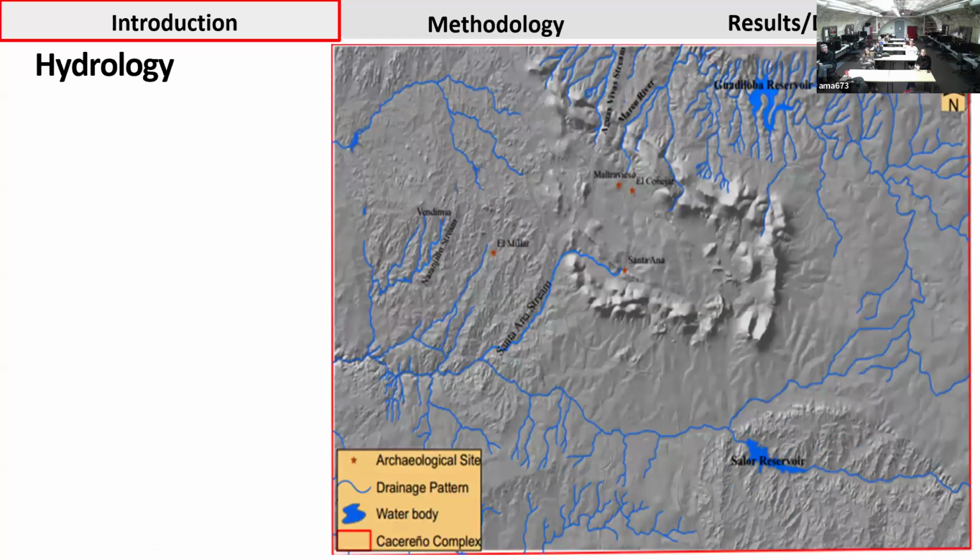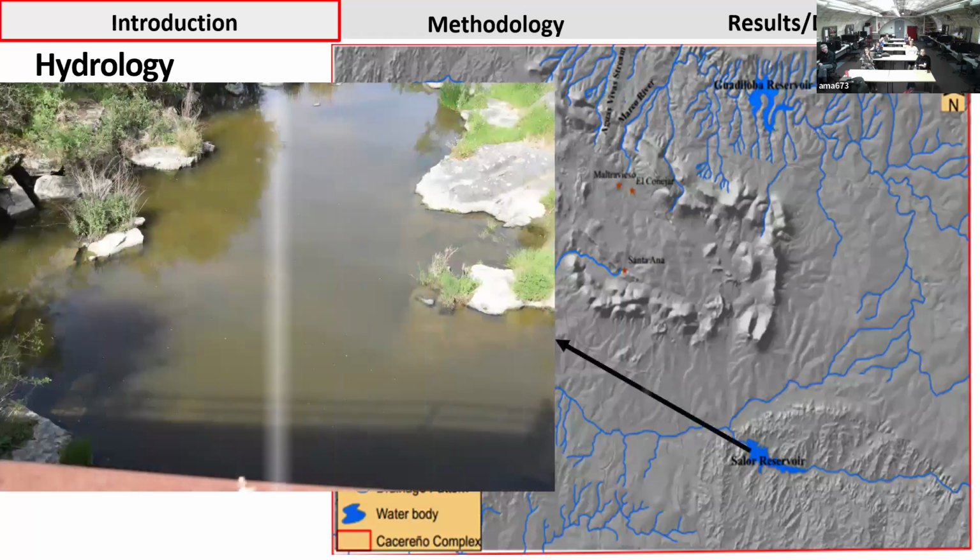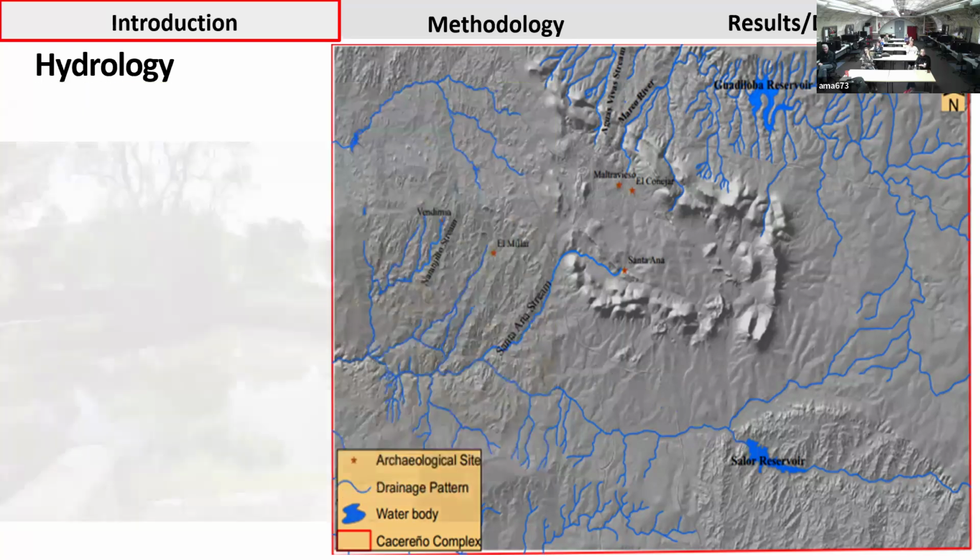Generally, the Iberian Peninsula is drained by three major river basins. You have the Douro, the Tagus, and the Ebro. But this particular area, the Spanish Extremadura, is drained by the Tagus river basin, and you have several rivers. One of them that we're talking about is Salor Reservoir, which is found towards the southwestern part of Santa Ana Cave. And you can see a picture of part of the Salor Reservoir.